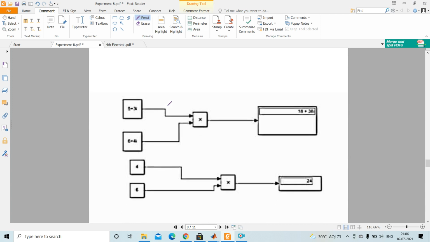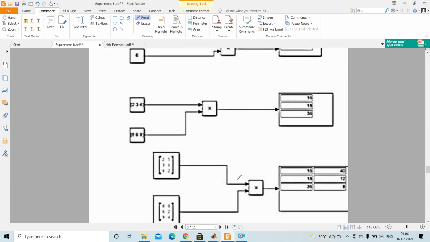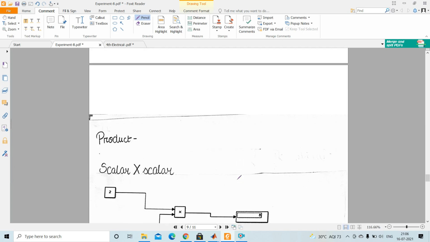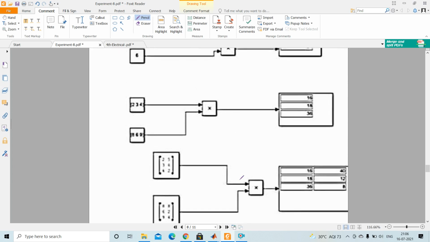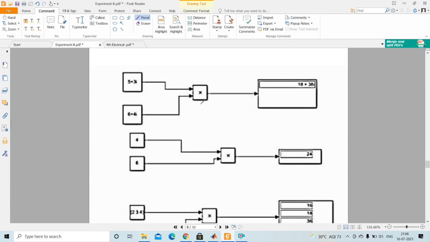So first of all we are using some commonly used blocks to do some math operations.